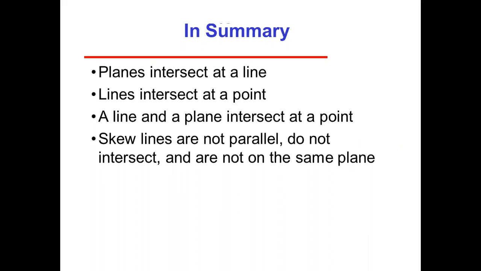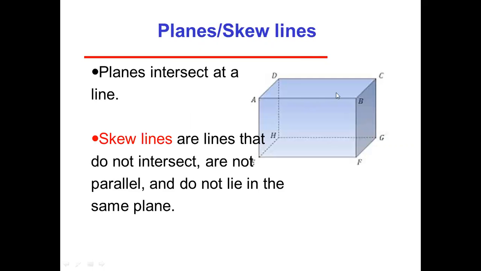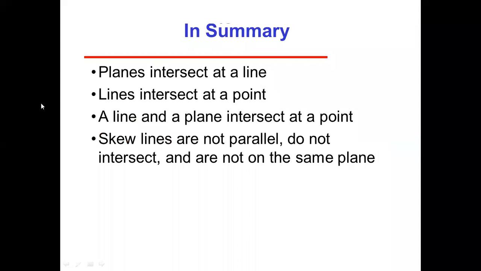A line and a plane intersect at a point. In the preceding diagram, we can see this one. This is a plane, and again this line is going here. Again there is this line coming here, and also this line coming here. So this is a plane and this line intersects here. So we can say that A is the intersecting point with the plane. So this is true: a line and a plane intersect at a point.